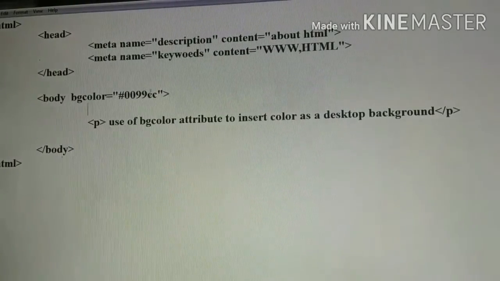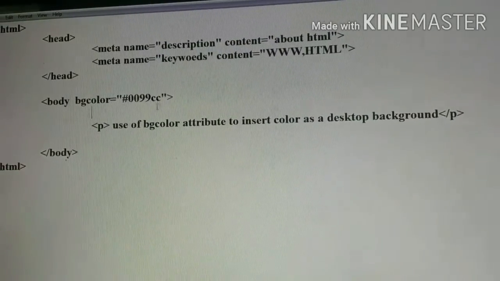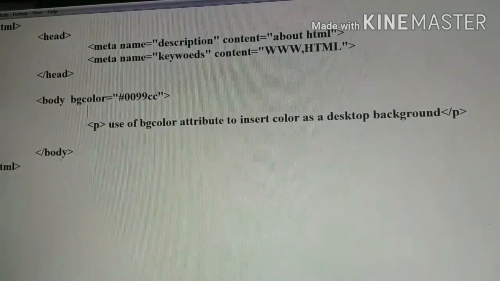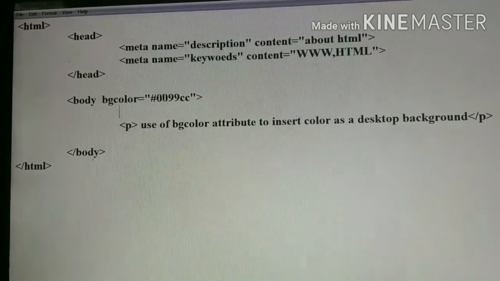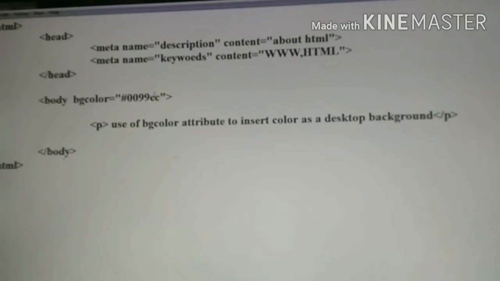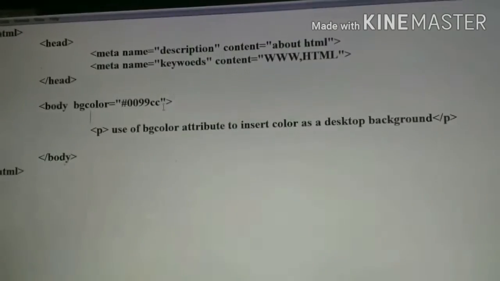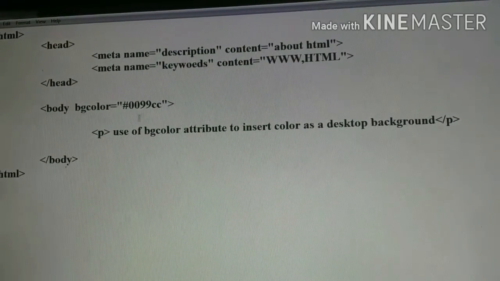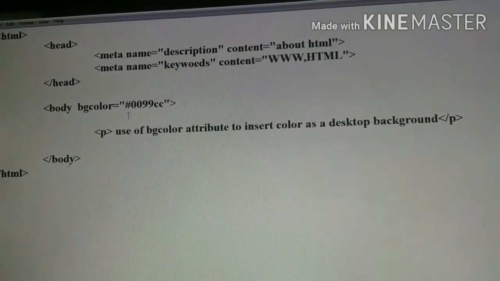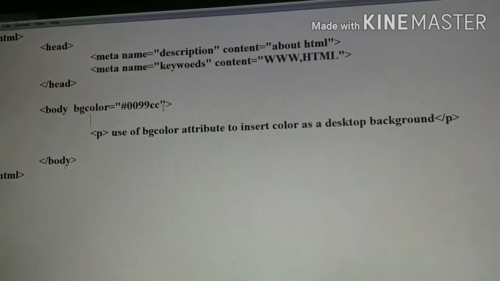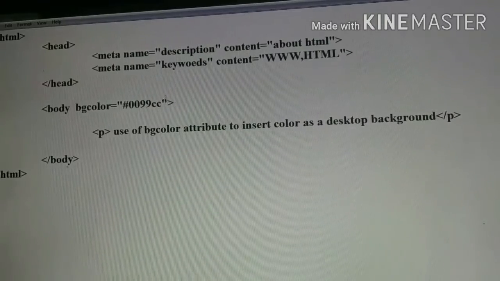We already know that in electronic media the color comes in the form of RGB: red, green and blue. So all colors are a mixture of these three basic colors. Here the first two digits are for red, then the next for green and then blue. And the hexadecimal code supports digits 0 to 9 and alphabets A to F. So to make a combination, you can use any digits among them, means 0 to 9 and A to F. That is supported here. Here I am using 0099CC according to me.